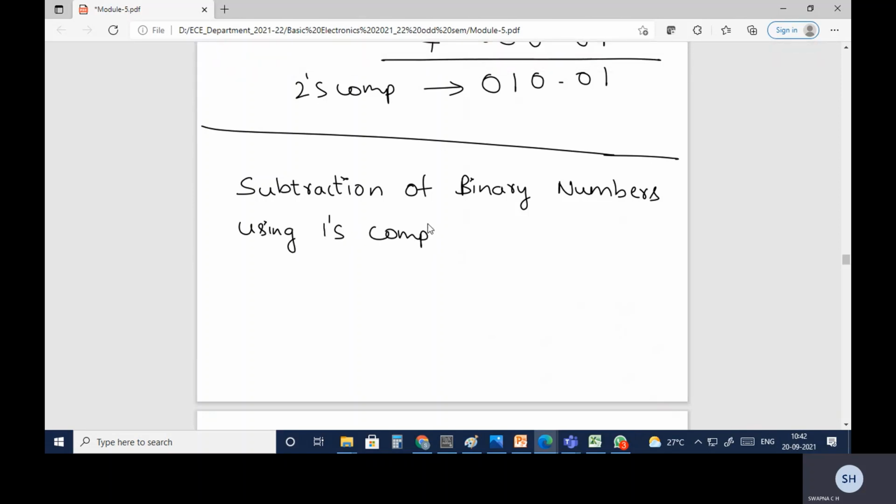This is the first method which we have. Now we'll see how to subtract two binary numbers using one's complement.